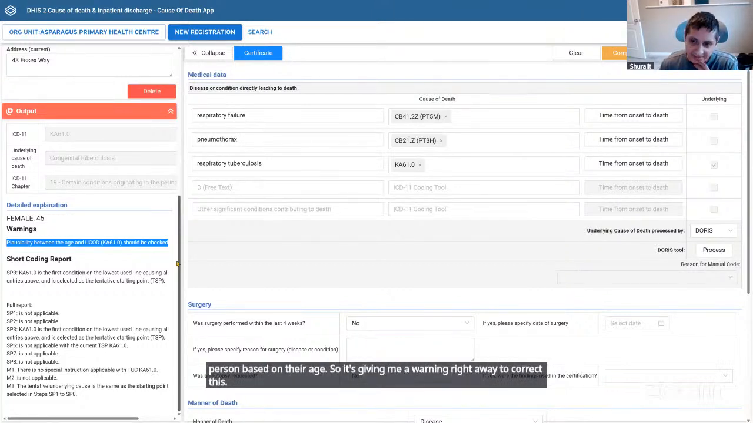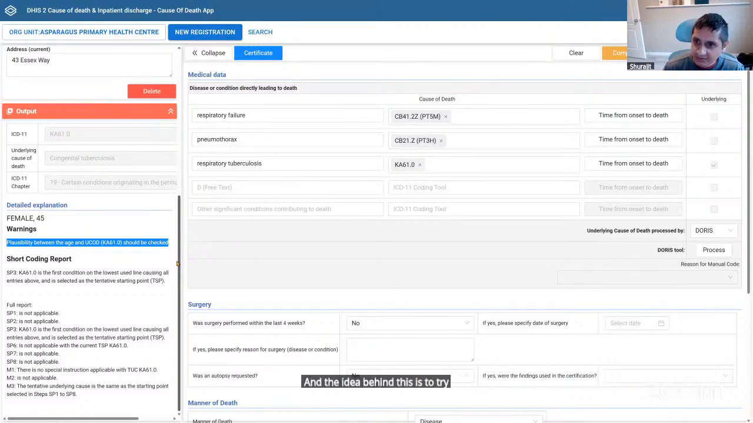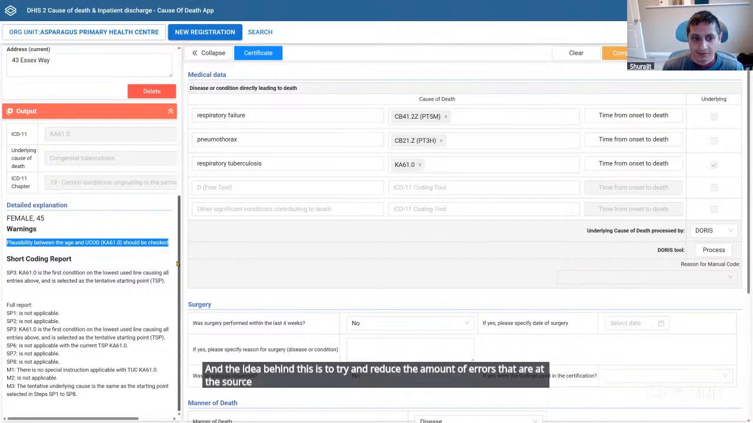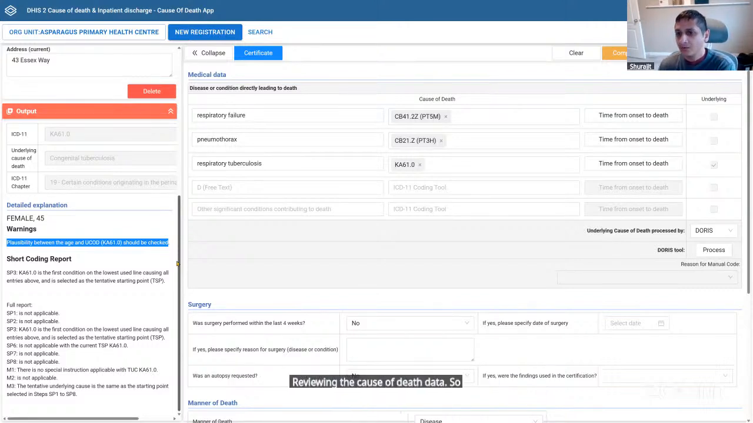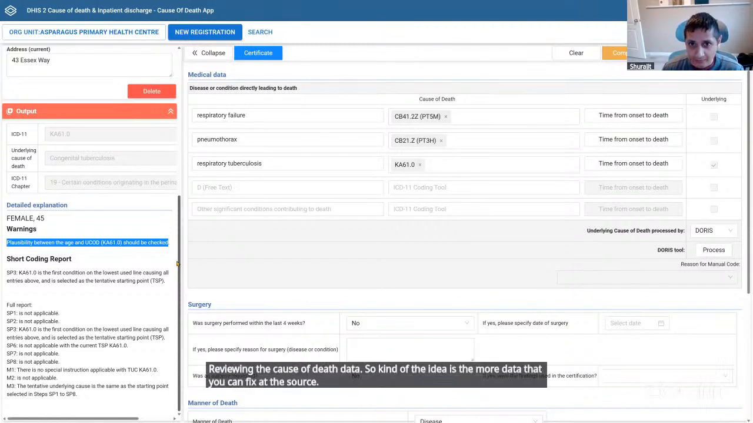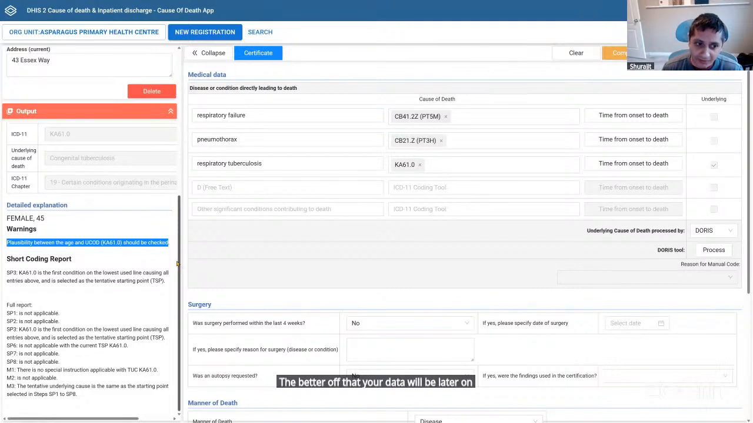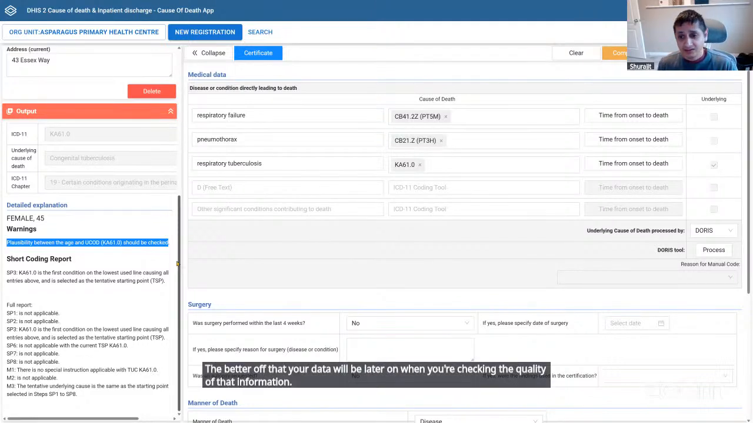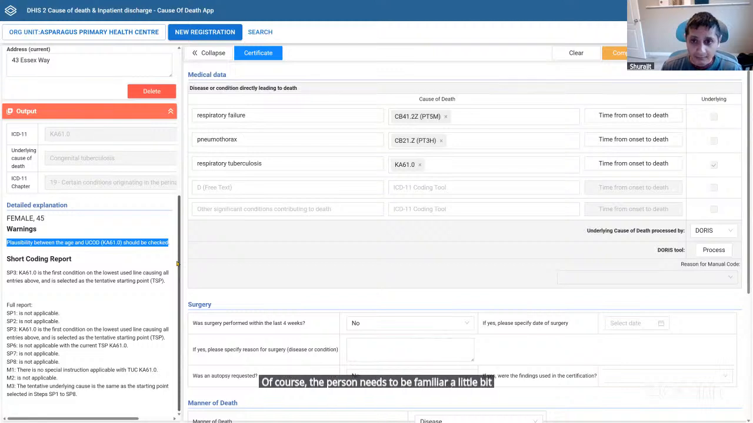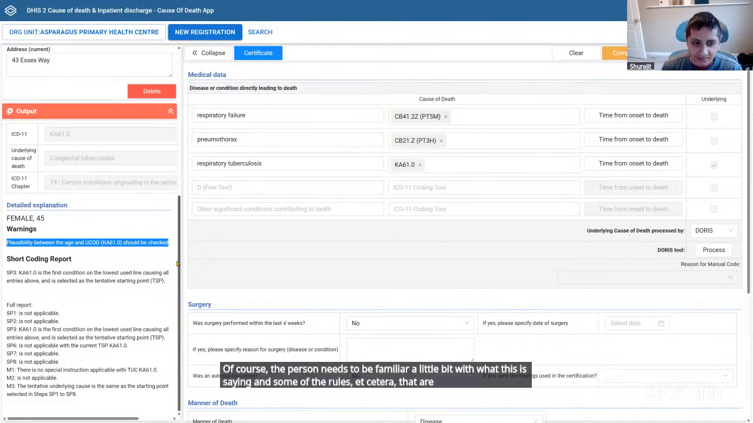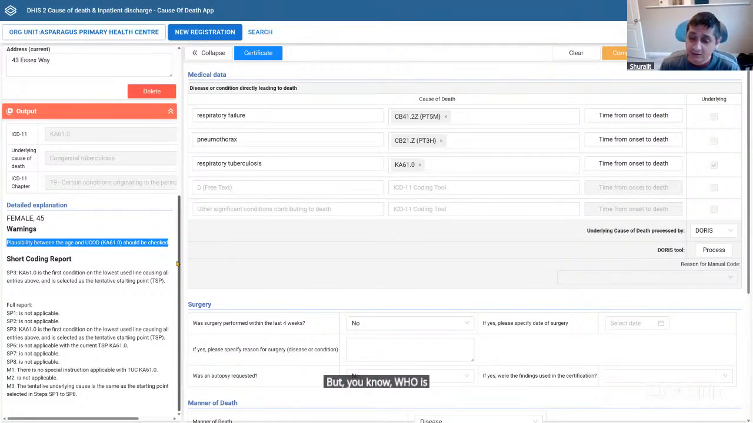The idea behind this is to try and reduce the number of errors at the source, right? We know there are often significant challenges with the quality of the cause of death data, and that auditing is a regular part of the process of reviewing the cause of death data. So the idea is the more data that you can fix at the source, the better off your data will be later on when you're checking the quality of that information. Of course, the person needs to be familiar a little bit with what this is saying and some of the rules involved with this. But WHO is basically using the entire logic available to them within this rule set